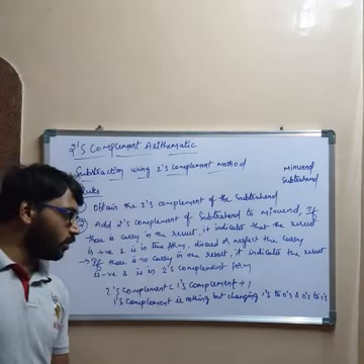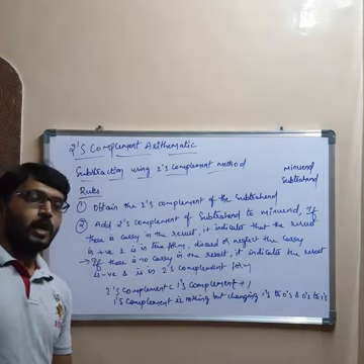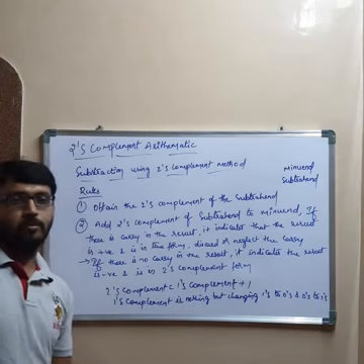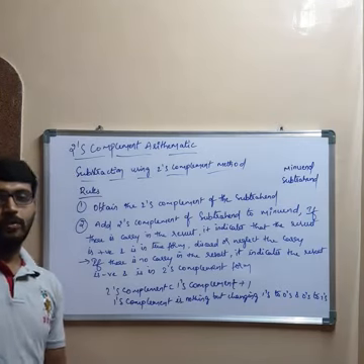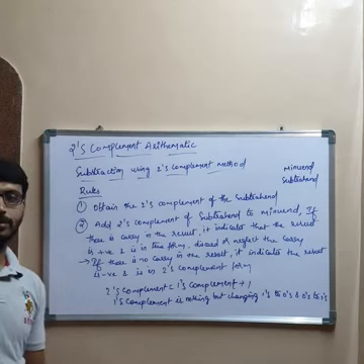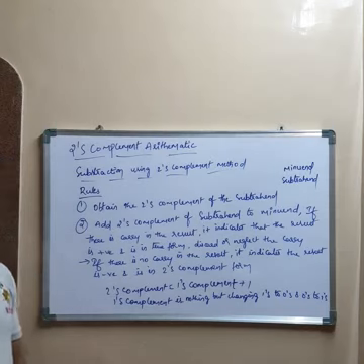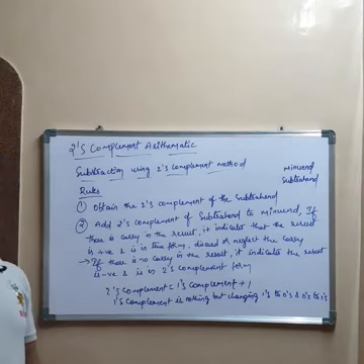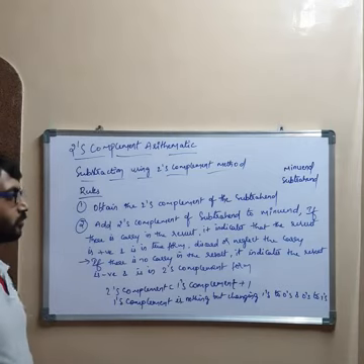By finding the 1's complement of the number and adding 1 to it, the 2's complement can be obtained. There are three different ways to obtain the 2's complement of a number: one is the shifting method, another is the 1's complement plus 1 method, and another is the shortcut method, which can be useful for your competitive exams.